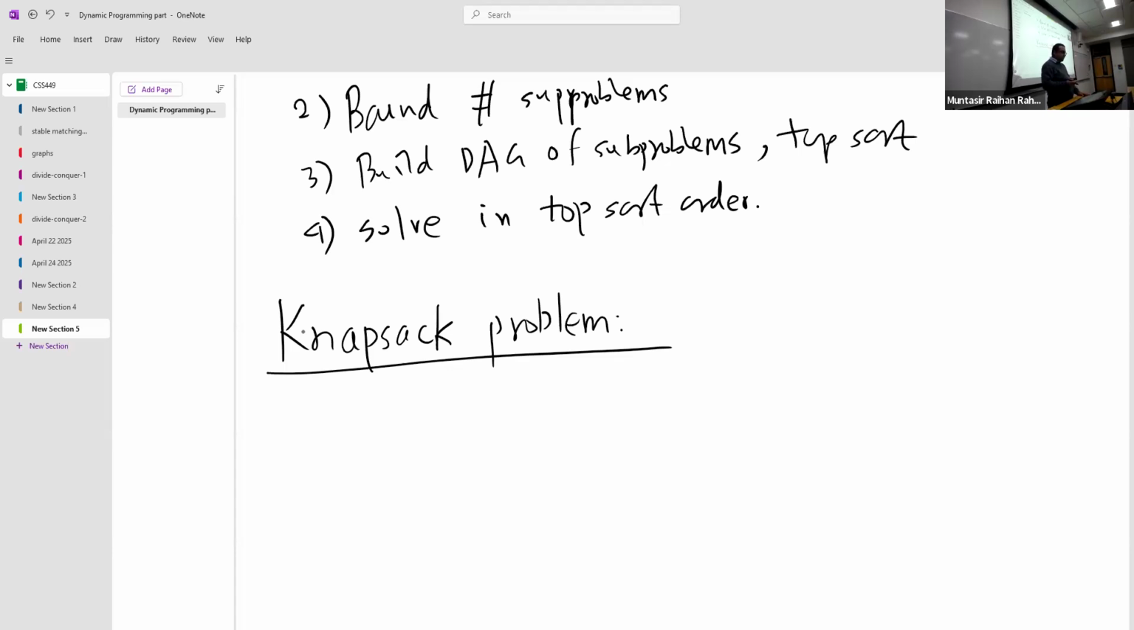Similarly, if you have a backpack and you have a bunch of items to pick from, and each item has a certain volume, your knapsack has a finite capacity, so you cannot pack everything. The sum of the volume of all the items you pack should be less than the capacity of the knapsack. But each item has a value, and you want to maximize the total value of all the items that you pick. So the problem, the input is: